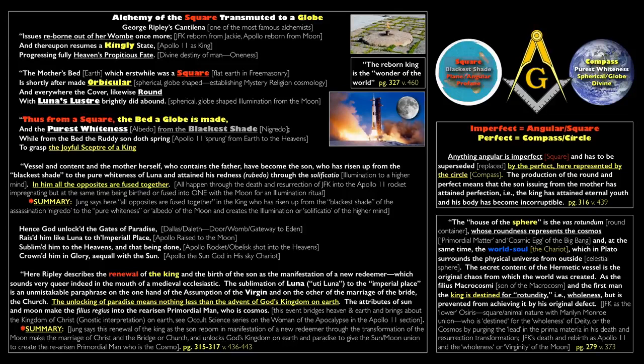So again, you're making a globe from the square. That's the whole point of what we talked about with Freemasonry. A flat, profane plane, you're transmuting that into a divine globe or sphere, right? Spherical trigonometry. And he says that the purest white, and this is the albedo part of alchemy, comes from the blackest shade. That's the nigredo and all the stuff we went over with JFK's death, transmuting his head, the Isis mourning motif. Well, all of the pure whiteness that came out of that was the Apollo 11 moon mission, right? Out of JFK's initiation, the idea of going to the moon.